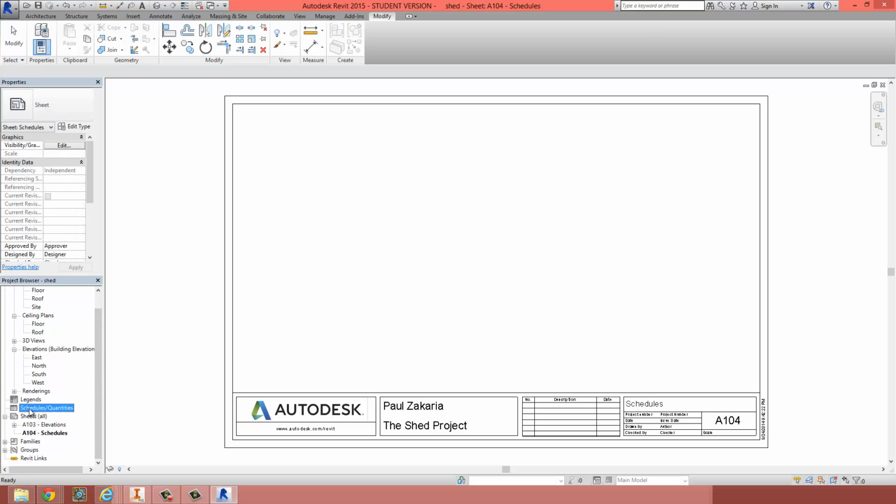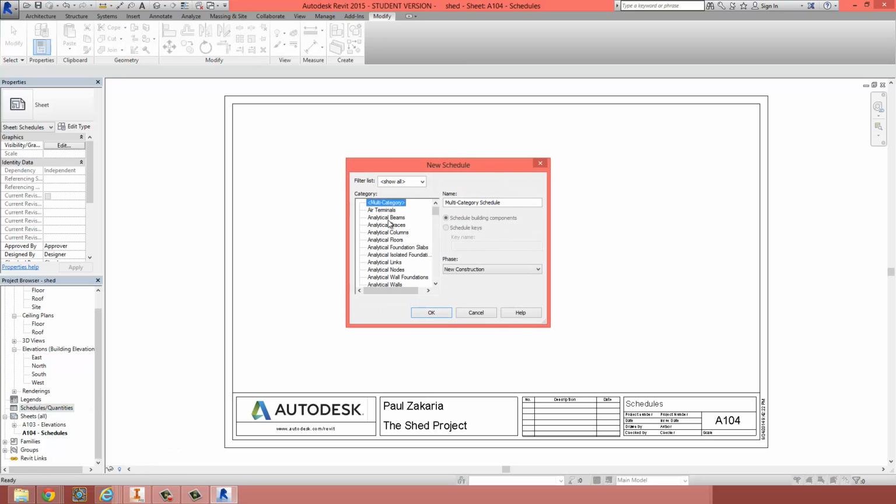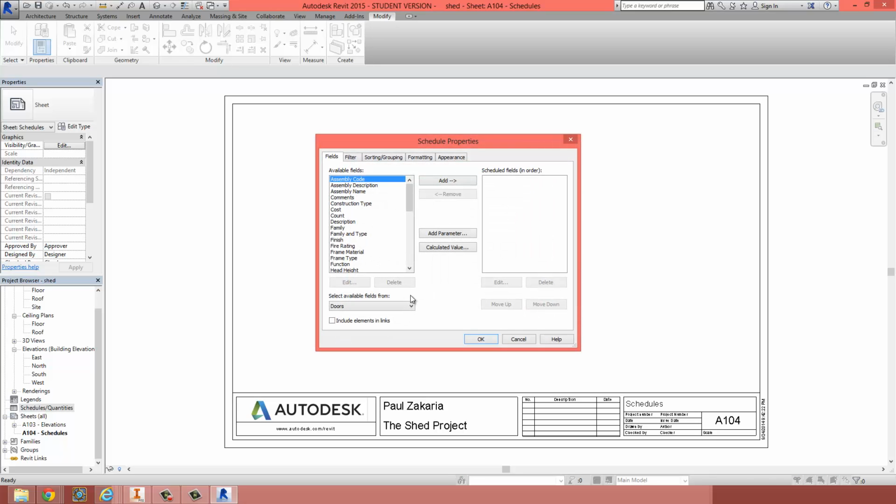So to create schedules, go over to the schedule/quantities in the project browser, right click on it, go to new schedules quantities, click on that, and find the first thing we created, which was doors. Here are doors. Double click on that, and the things we want to know about our doors are